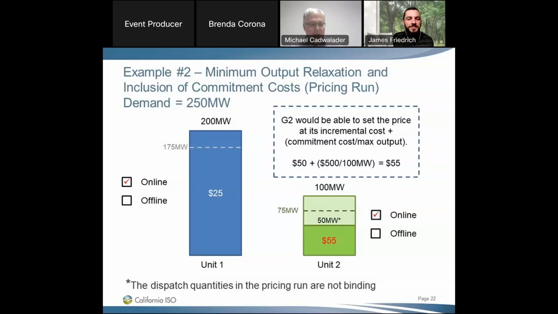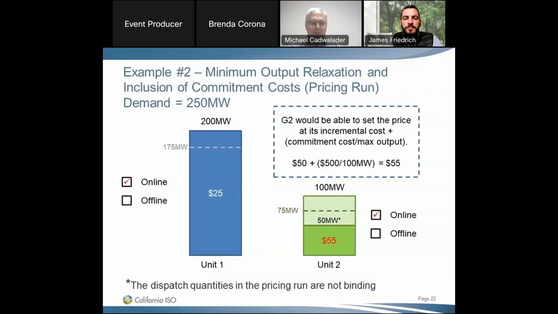And you're actually going to get to this in 2 slides, I think. But recall back at the beginning of the presentation, we talked about rules, we didn't call them principles exactly, that the supply curve being used in the pricing run would need to follow. One was that we don't want to artificially make the unit cheaper or more expensive. So when it's at Pmax, we want the cost under this alternate modified supply curve to be the same as it is under the true supply curve. Well, that means that at 100 megawatts, its cost has to be $5,500: 50 times 100 plus the $500 commitment. So we have to have a total of $5,500 of cost when we're at 100 megawatts,